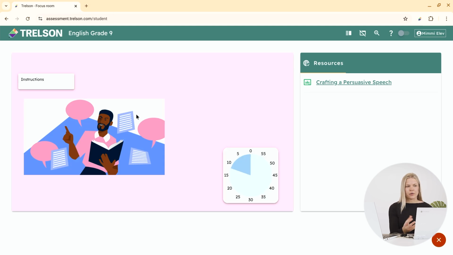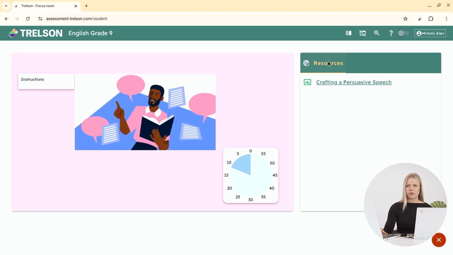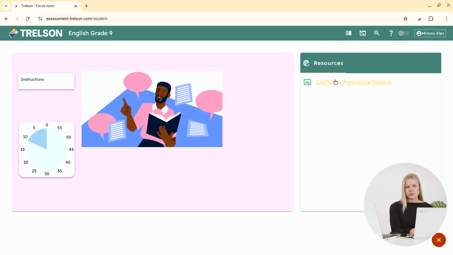And what I can see now is, first off, the digital whiteboard that my teacher controls. Second, we have the list of resources. And just for demonstration regarding the digital whiteboard, let me show you what happens if a teacher moves something on the whiteboard. So now I'm dragging the image and it moves in real time. I'm gonna drag the timer as well and put it there. There you see. So anything that the teacher does on the whiteboard will automatically be reflected immediately on the student device.